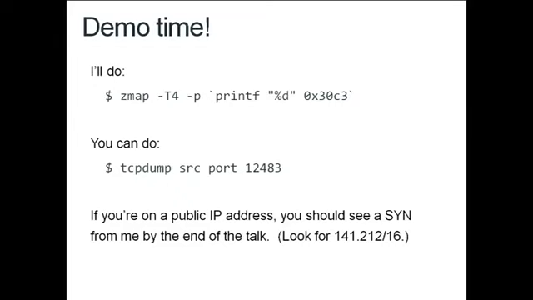So if you, on your machine, anywhere in the world, over the hour after the talk, want to, say, run tcpdump and look for incoming SYN packets on that port, I think you'll get one from us. In the Michigan subnet, it is 141.212.0.0/16. So look for an incoming packet from there. If you get one, you'll know it's part of the scan. And I'd appreciate if people who are looking for that let me know whether they've gotten one or not, because that'll give us a nice informal experiment about reachability and coverage for the scanner.